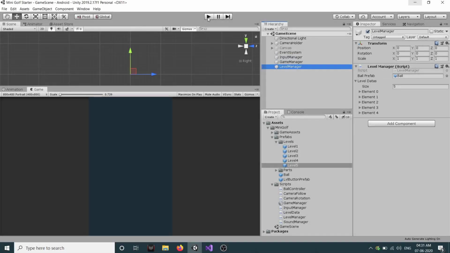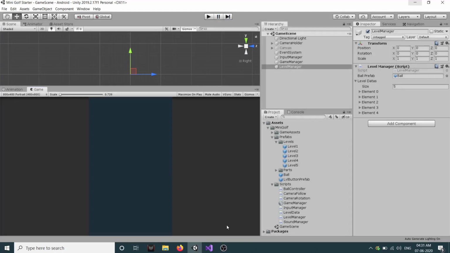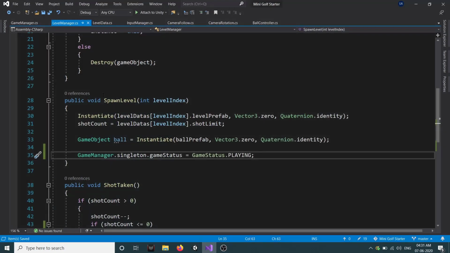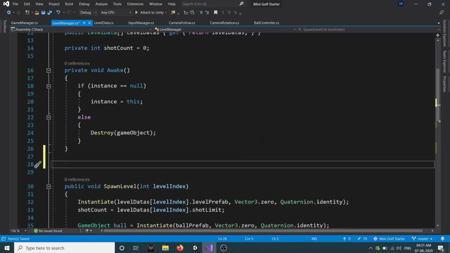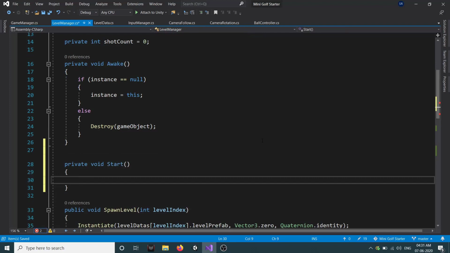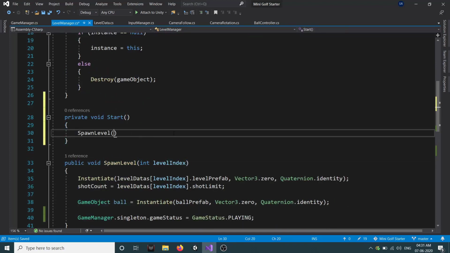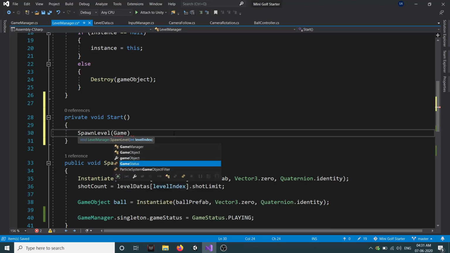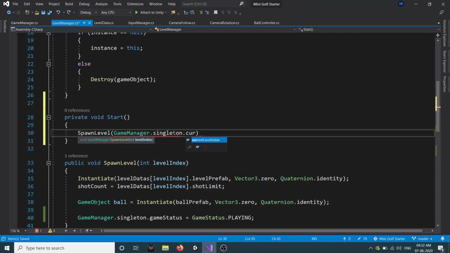So if I click on play, we should spawn our ball as well as our level. Okay, we didn't, because we didn't call our method. So in LevelManager, let's create a Start method. Let's call our SpawnLevel there, and let's pass GameManager.singleton.currentLevelIndex.